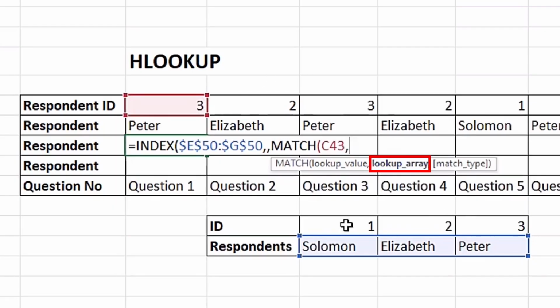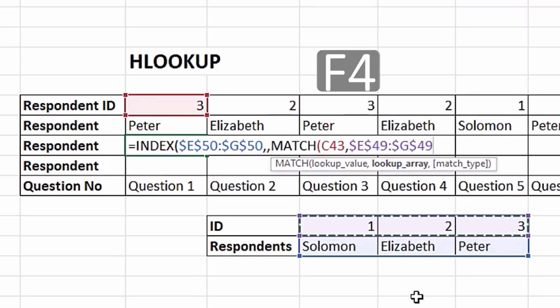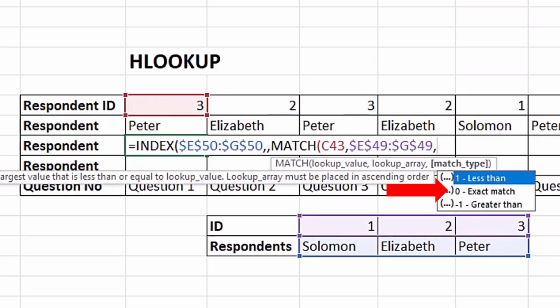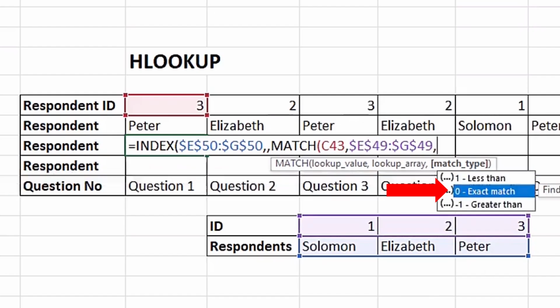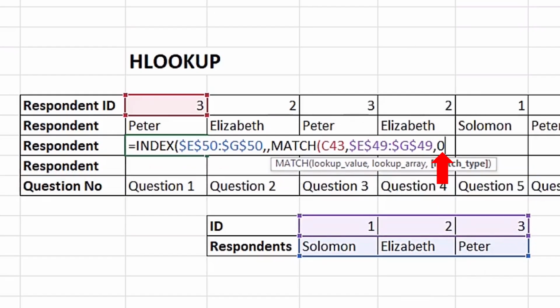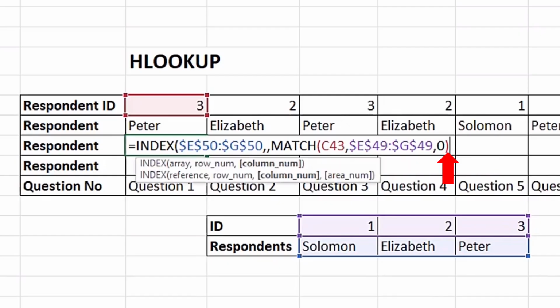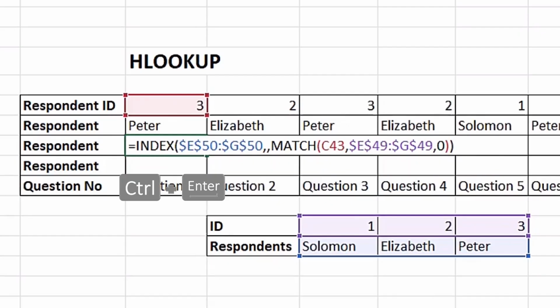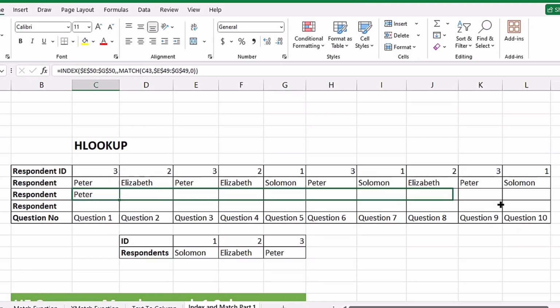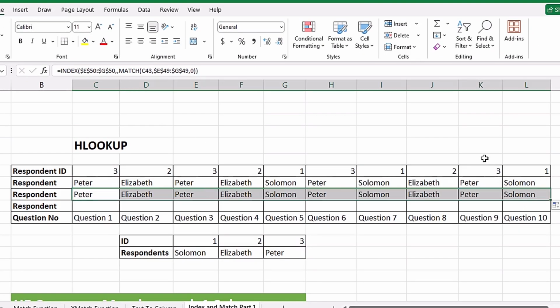The lookup array, I'm simply going to highlight just the ID, and then F4 to lock it, comma. We are doing exact match, down arrow, tap to select exact match or 0, close my bracket on match, then I'm going to close my bracket on index. When I control enter, and then I copy it to the side like this, you can see it's actually working